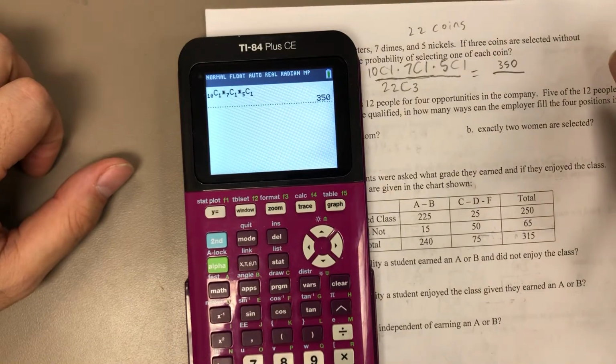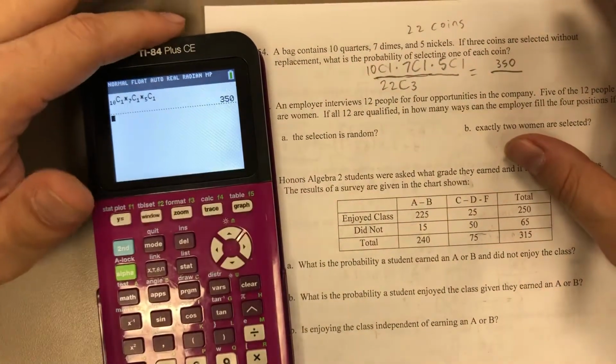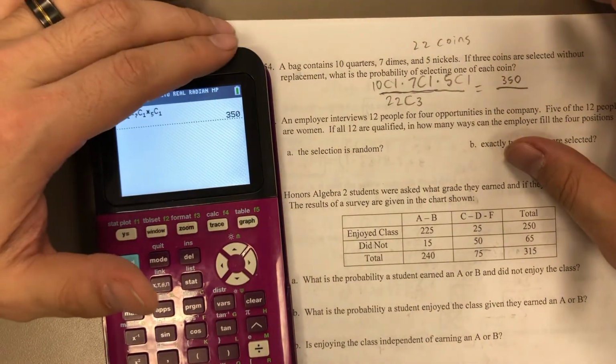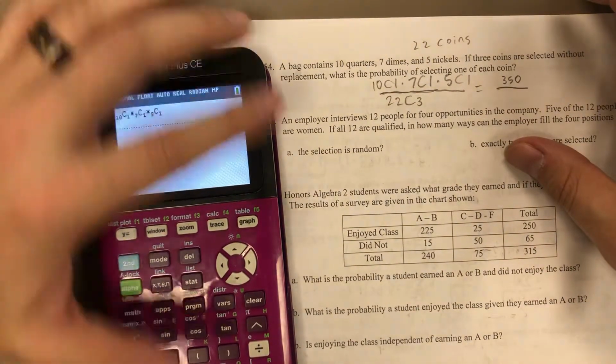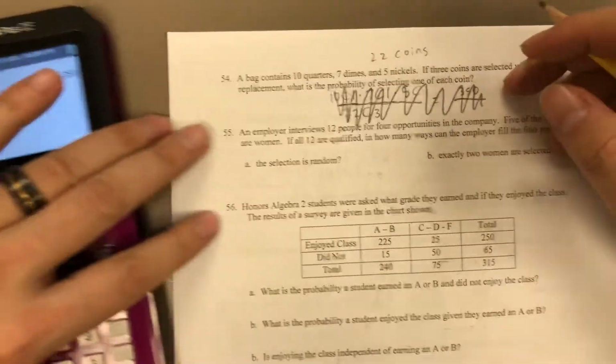Am I overthinking this? I was probably selecting one of each coin. Without replacing, yes, I am overthinking this. I'm big time overthinking this. Because, all right,